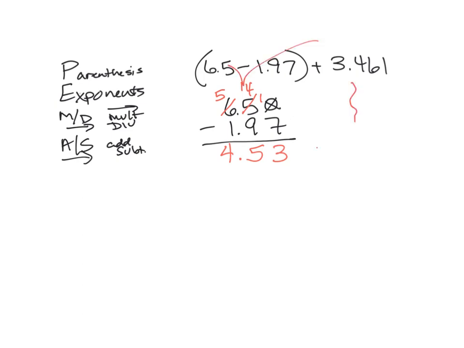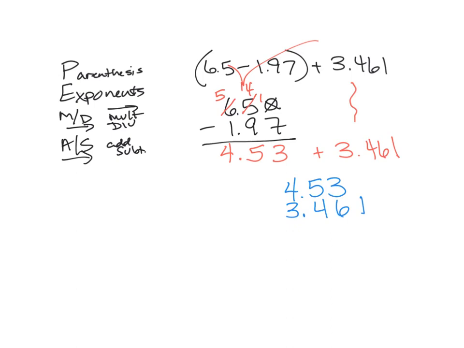But remember, I have still this operation to take care of. So I'll do that next. Now there's just one operation left. All my parentheses are cleared. All exponents were cleared. There weren't any in the first place. All multiplication and division is cleared. There wasn't any in the first place. So now I'm on the add and subtract. So let's go ahead and line those up. 4.53 plus